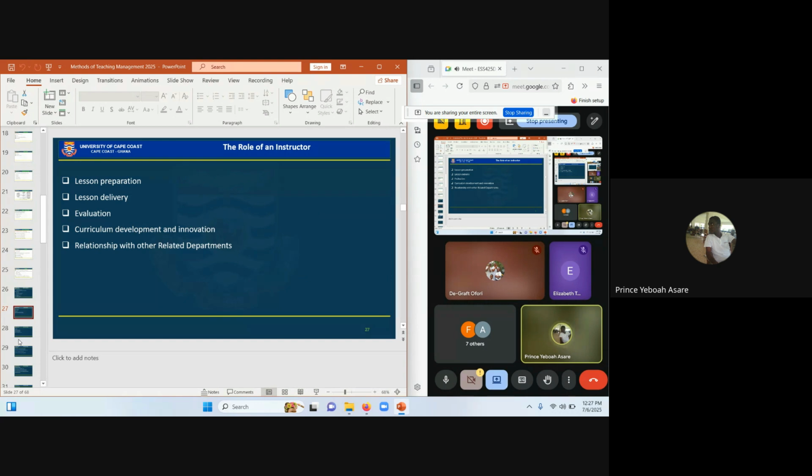Organized and brought to the student. Activities are also employed to facilitate instruction and